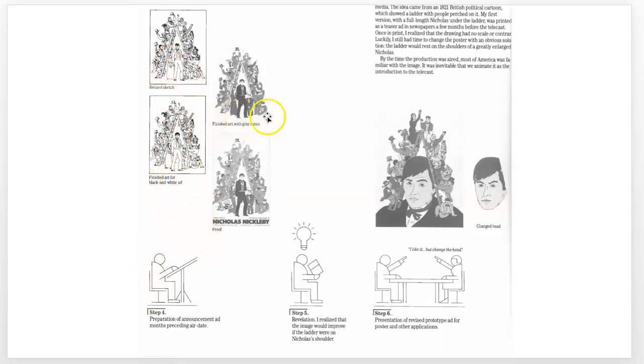And he got something that he liked, finished with the gray tones, and he gave a proof. The proof is something that went to the publisher, and then he realized, oh, it needs something else to improve it, to be on his shoulders instead of around him. So a big change happened. That was important because this is actually, it says up here, for a telecast of it. That was a big change because it gives a very different meaning, on his shoulders versus just around him. So he presented the revision,